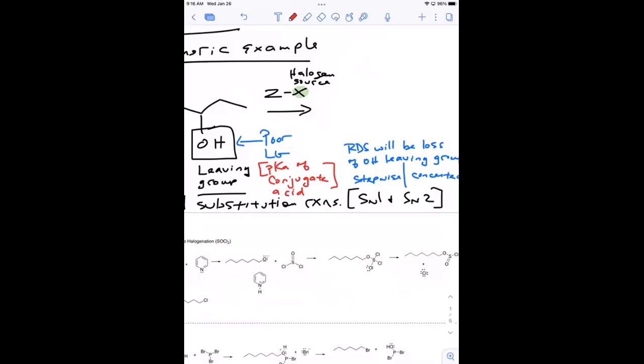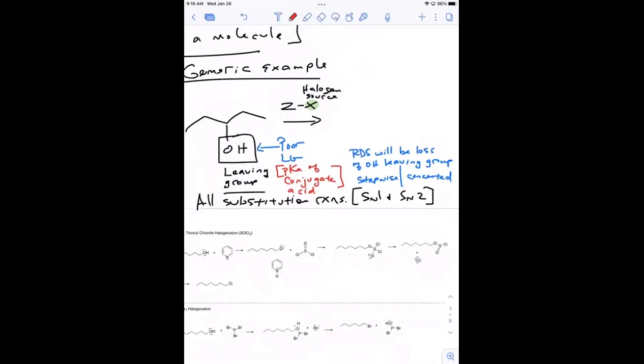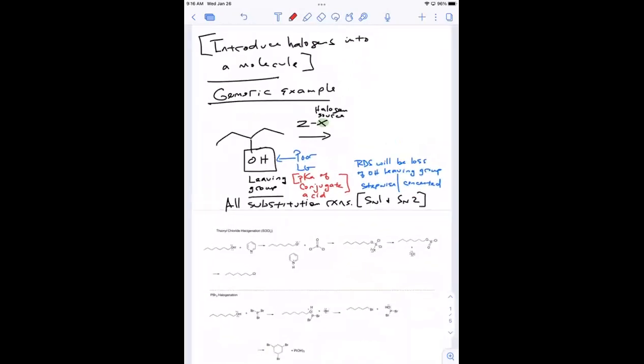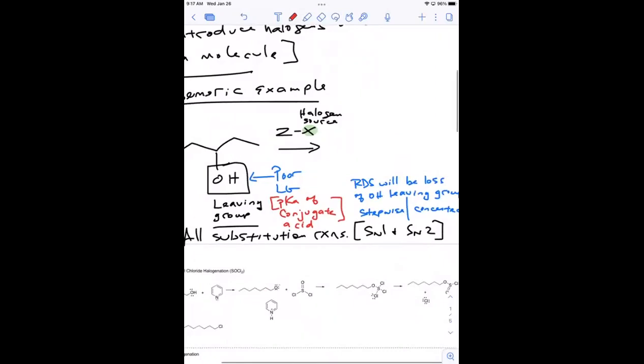Right. So when we look at the hydroxyl group, it's acting as a leaving group in a substitution, and the substitution step is either going to be SN1 or SN2, and that rate determining step is going to be determined by the loss of that leaving group. So when we do these alcohol conversions into alkyl halides, there's always going to be a step to turn OH into a better leaving group. That's one of the main